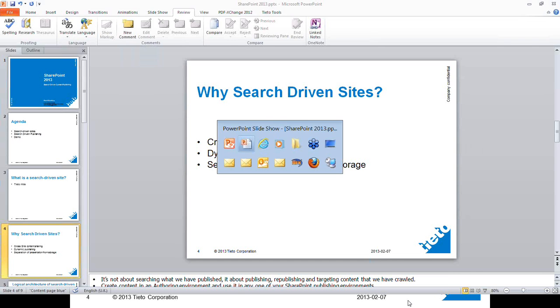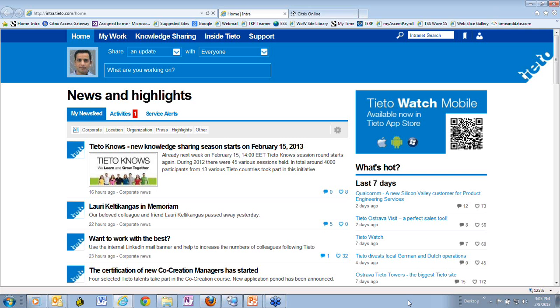If I switch back to our example, the Tieto intranet, it could be service alerts, activities which you see in front of you that need to be published, or certain information alerts you would like to publish